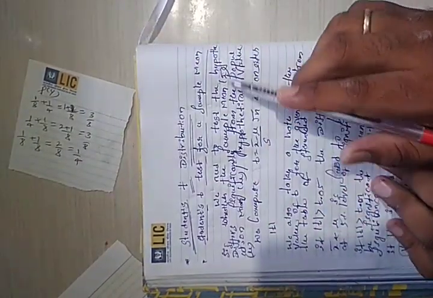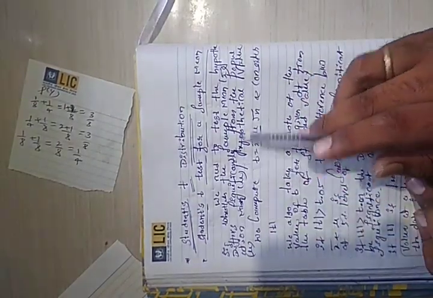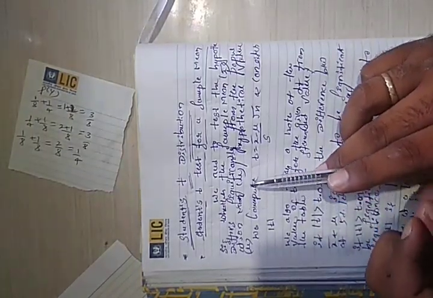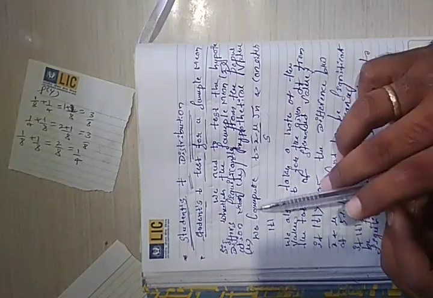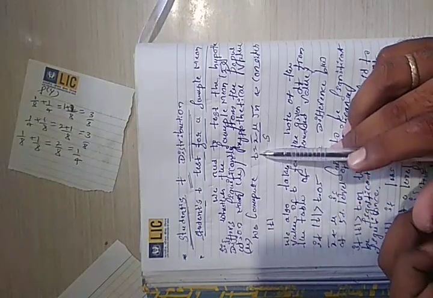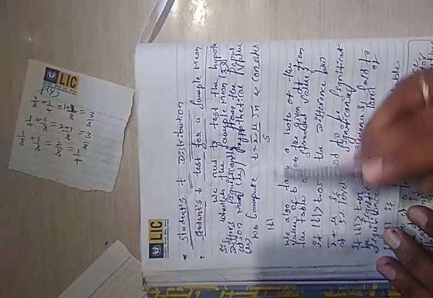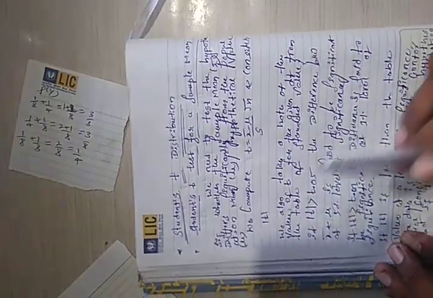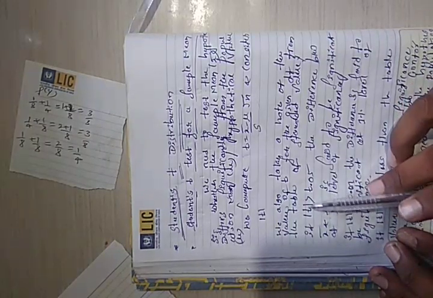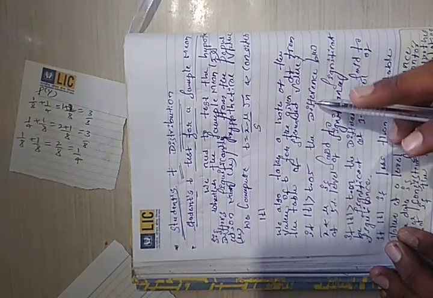We need to test the hypothesis whether the sample mean x bar differs significantly from the population mean mu, the hypothetical value. We compute t, which is equal to x bar minus mu divided by s root n, and consider mod t. We also take note of the value of t for the given distribution function from the table of standard values.